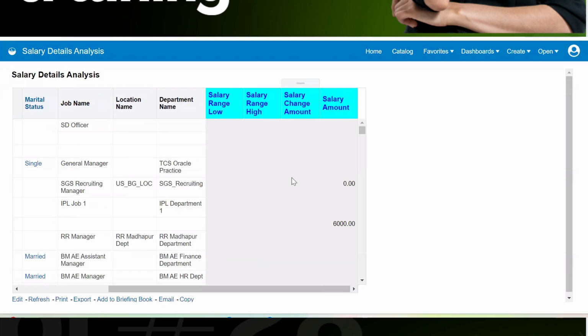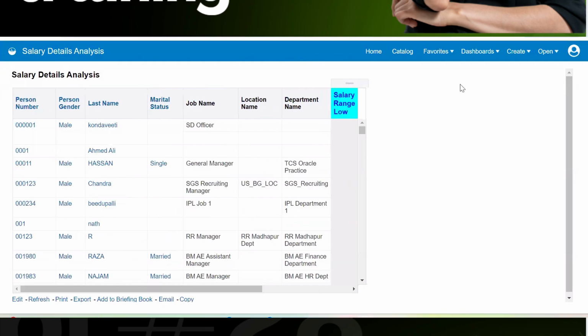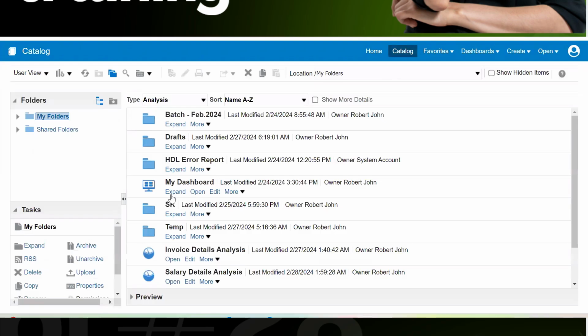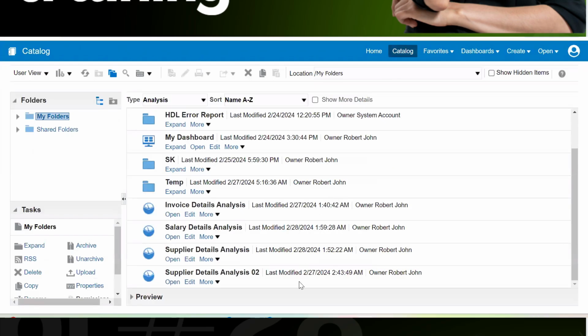Okay, these many things are coming. Again, we can edit this. Remove all those columns which are not mandatory and add a filter where the marital status is single, suppose. Go and edit this.